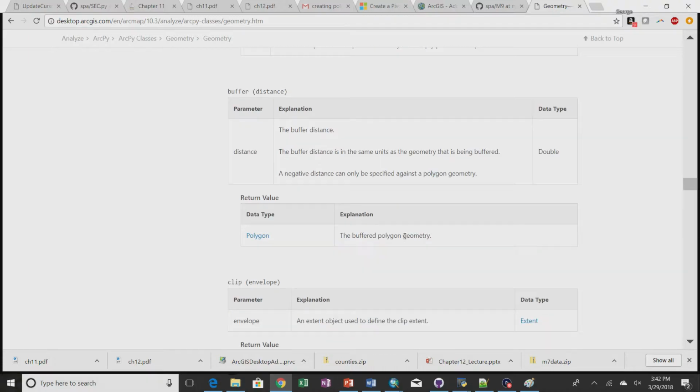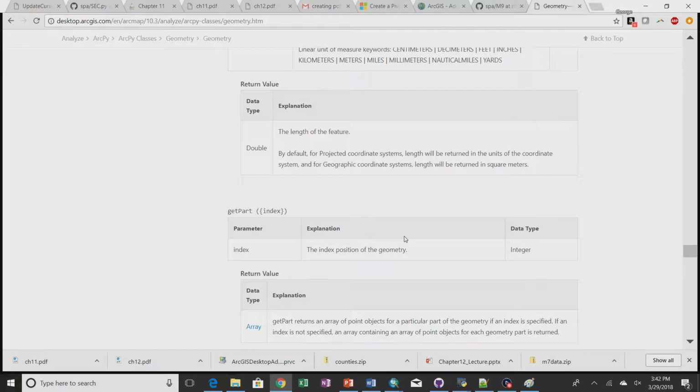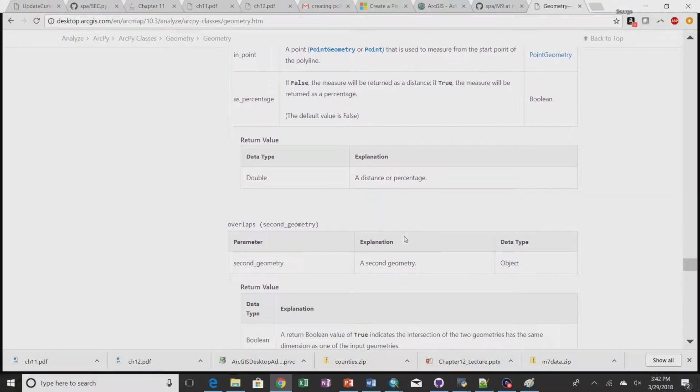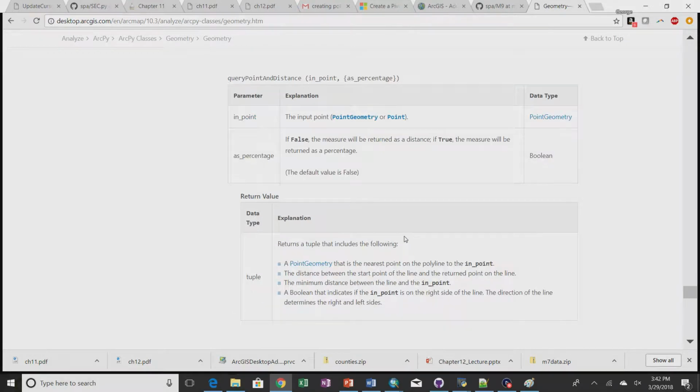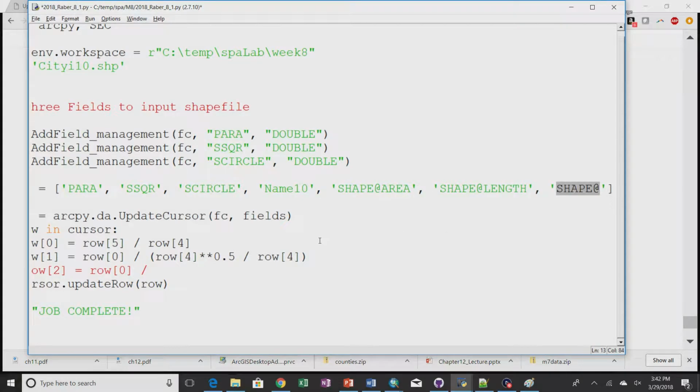I thought when we were going over this, there was a method that allowed us to get just the points out of a polygon. But remember we did it last week. We just have to do a loop and a loop. Once we have the shape, the geometry, remember that it's made up of pieces that are called parts, and each of those parts is an array. So it can have multiple parts inside of it. Every time through the loop, what we need to do